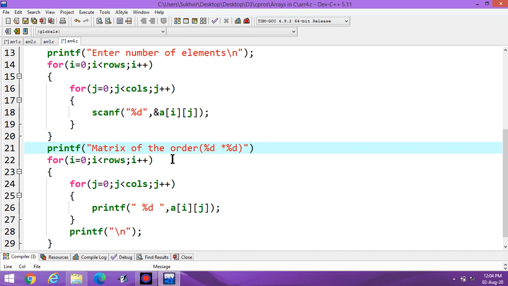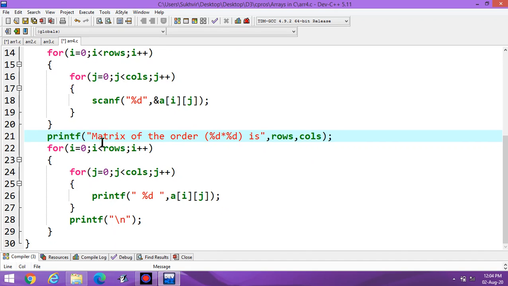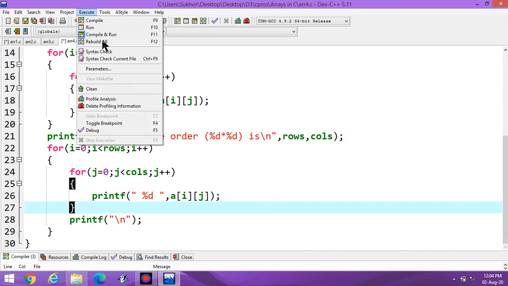It means number of rows into number of columns is, and here you can print rows and columns. It means after the entry, while displaying the matrix, you can write matrix of the order. Suppose I write 2 into 3, it means 2 and 3 should be printed here. In the new line, now execute the program.